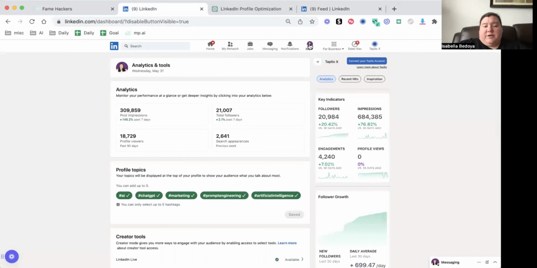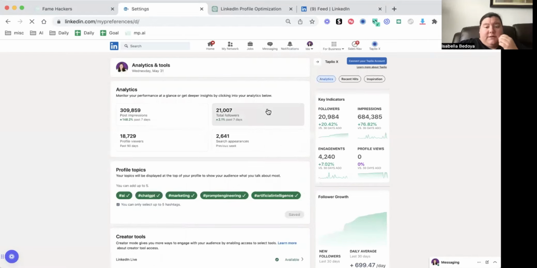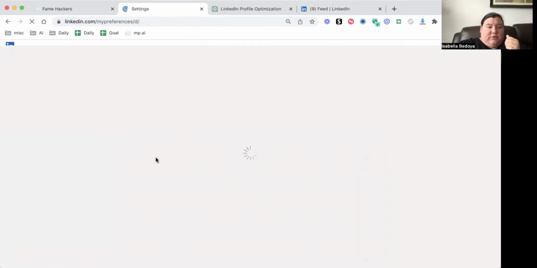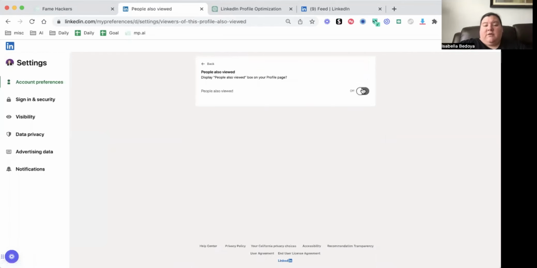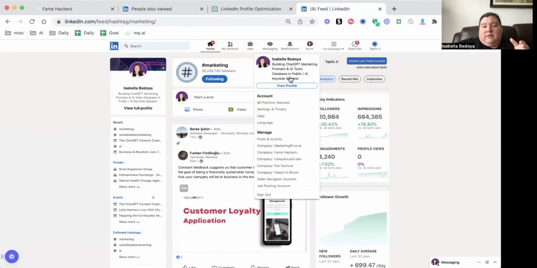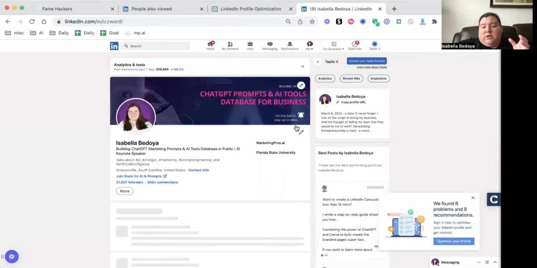Once you have creator mode turned on, then you want to go to your settings. You click where it says Me, and then you choose Settings and Privacy. Then you go to this section over here that says profile, because of this right here, people also viewed. You want to turn this off, because of what this does on your LinkedIn. I have it off so you can't see it, but when you go on your LinkedIn, usually you have